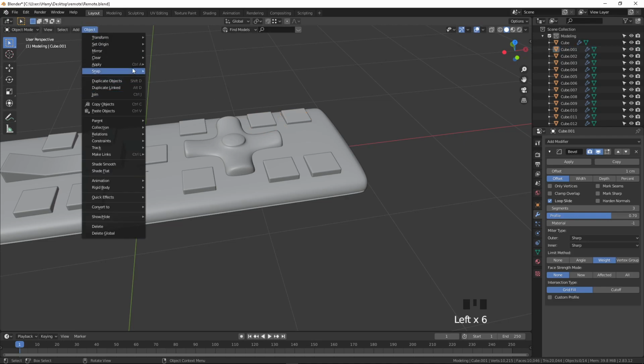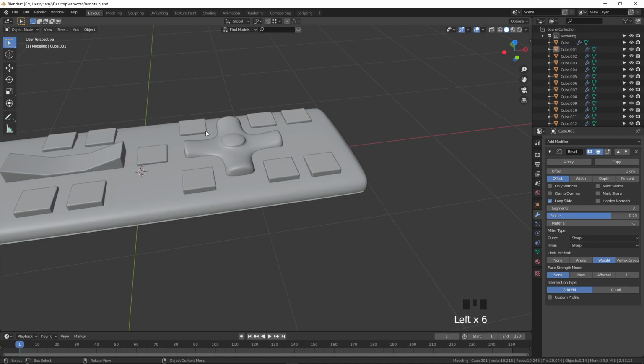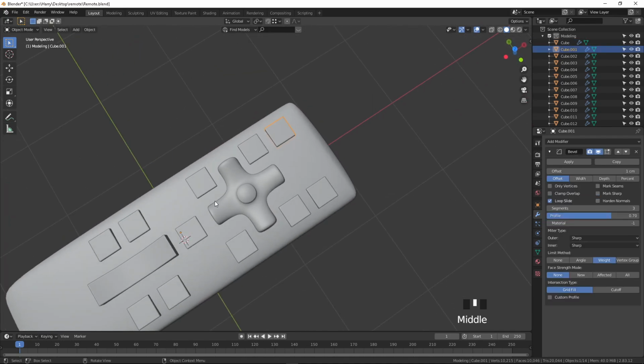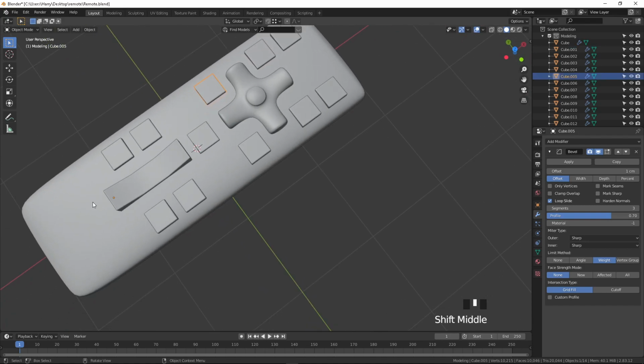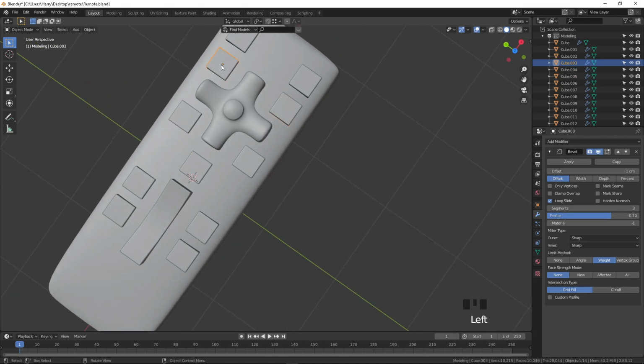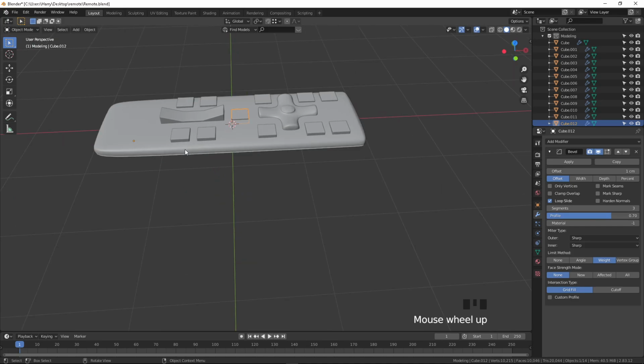Okay, so you may wonder what I'm doing, you don't know what's happening here. I will explain. Now you can see when I select each object, that the orange mark changes. That is the origin for each object. So when this origin is not at the center of the object, I will show you how it will rotate. Now if I select this object and want to rotate, you can see how it's rotating.